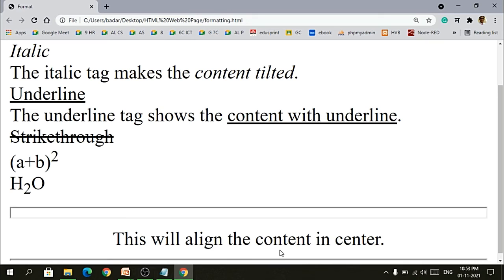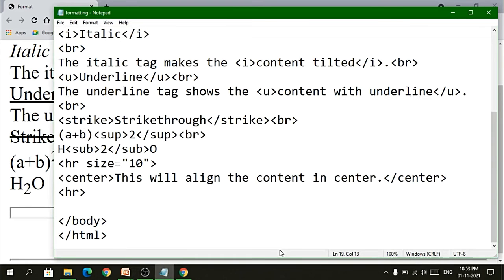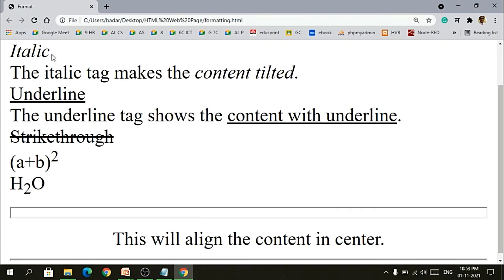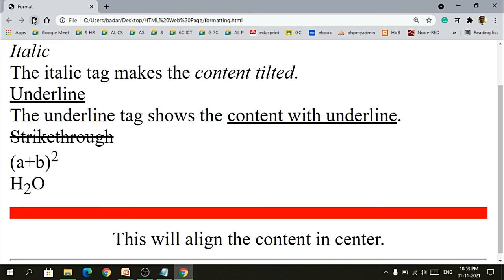So now what I will do is I will specify a color inside this, so that would be helping us to see what the color would be of that HR tag. So color is equal to red. Save the file, refresh. So this is something which is happening. Now you can see it has occupied my whole web page. Okay, you can see in the browser that it's starting here and it is ending here.